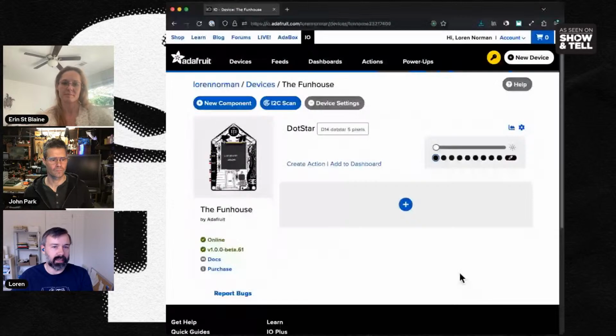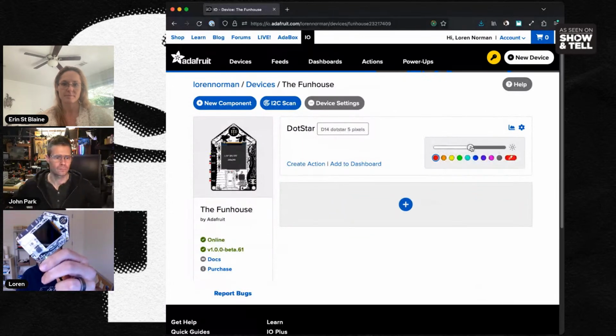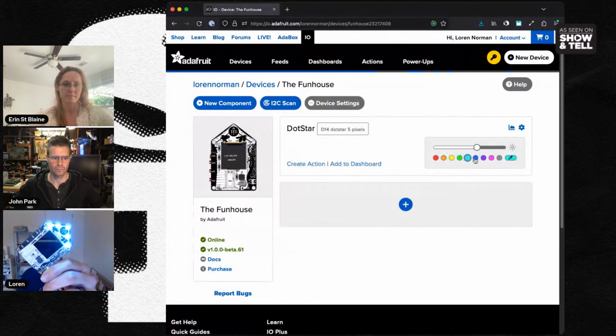Yeah. So a couple of months ago, we launched support for addressable LEDs, which is like NeoPixels and DotStars. And we had a basic color picker for those back then. And just this last week, I launched a new one. So I'm going to hold my Funhouse up here, and it's off right now. So it's got this nice brightness slider that I can drag up. And boom, it comes on. Quick access to a lot of colors here. So this is more whippersnappery. It's just a nice, real quick